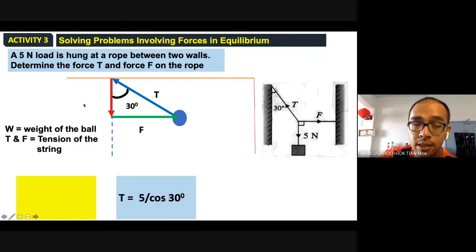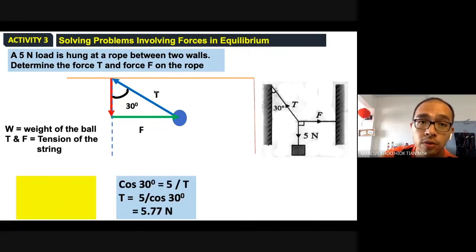Adjacent over hypotenuse, so you can calculate the value of T. You get T equals 5.77 newtons. Then you use tangent. You can use tangent, you can use sine, doesn't matter, because this is 90